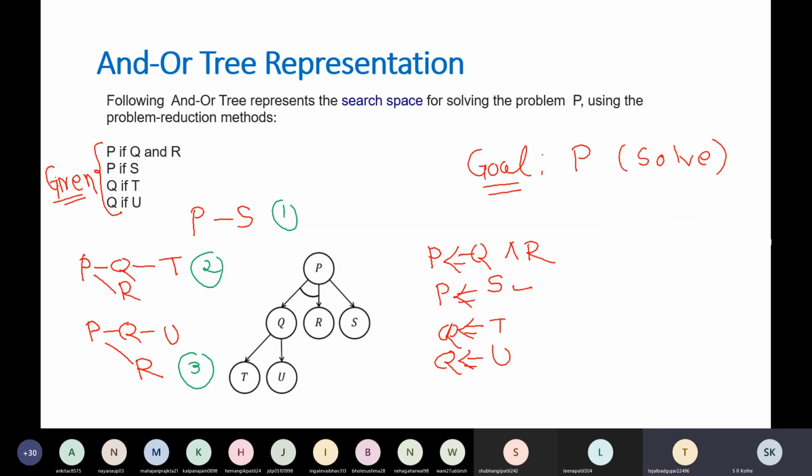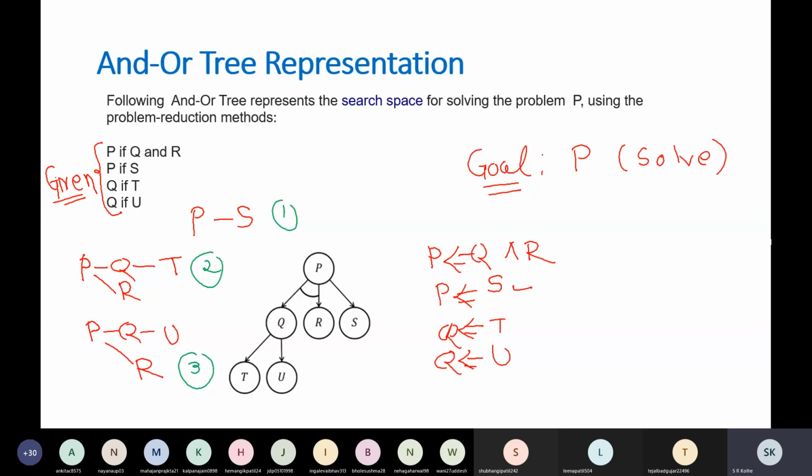In the previous graph, there are four partial paths, and in an OR graph, there are three partial paths. But since here the requirement is to solve P, you have to solve Q and R both. So your requirement has changed. Therefore that difference is there. I am talking about it from the algorithm point of view. What change have you noted here?